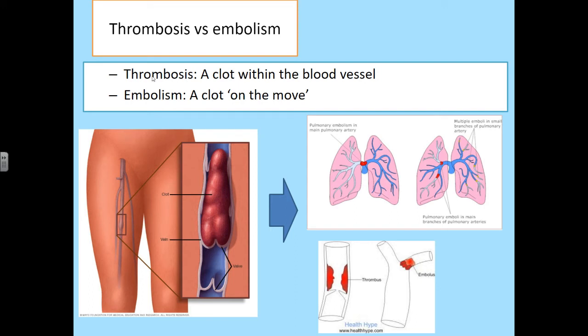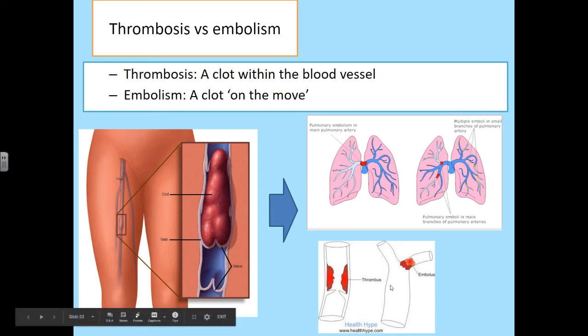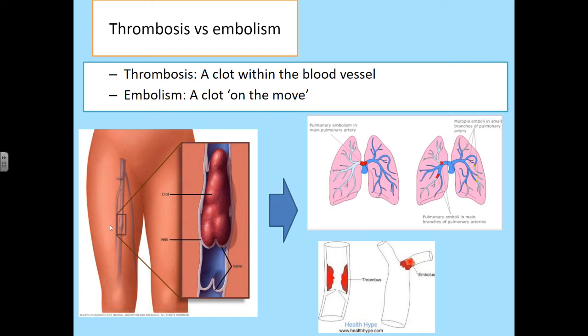You may have heard of deep vein thrombosis. So DVTs are when the veins in your leg get one of these big blood clots, and that means the blood can't get past that clot, and the vein starts to become very big and bulbous, and you can quite often see these big veins on the outside of someone's body. If the embolism moves round, it goes round through lots of big blood vessels until it gets stuck. So if we think about there being a thrombus in the leg, one of these blood clots that has happened in one of the veins in the leg.